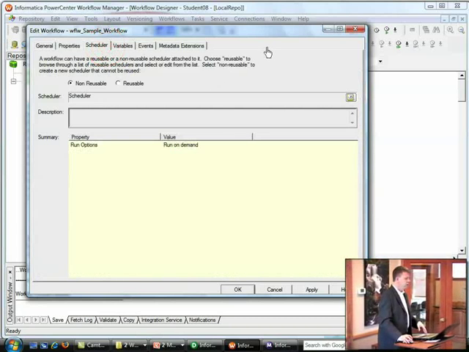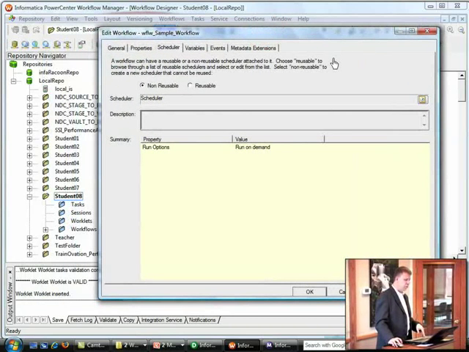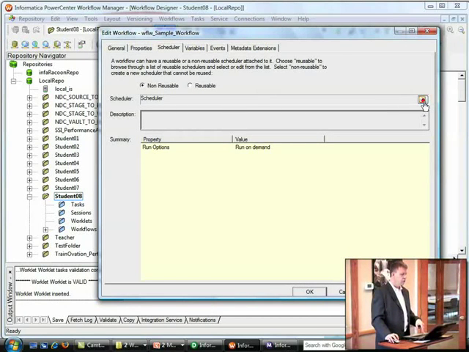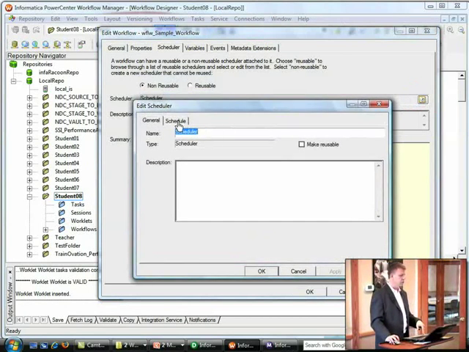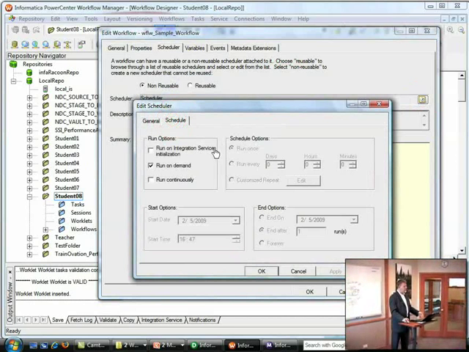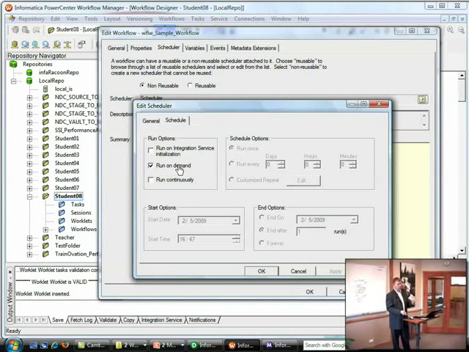The scheduler. The workflow has a scheduler component, and over here on the right, we've got a scheduler button, which if you click it, you can bring up a schedule task, and you can name this schedule, and you can make it reusable. The scheduler allows you to run on demand, run on a particular integration service when it's rebooted. You can run continuously. You can set up